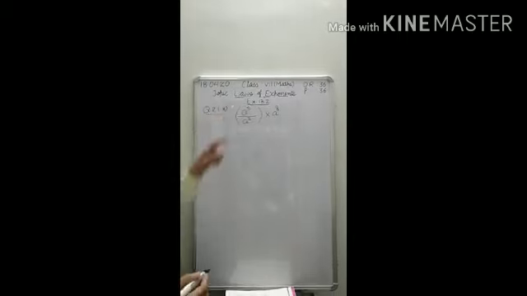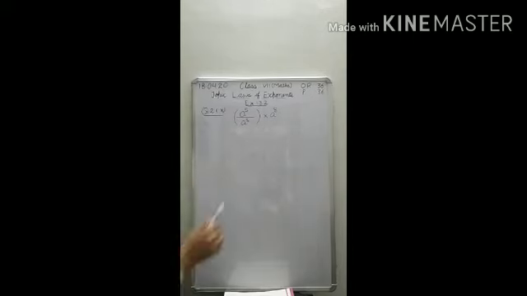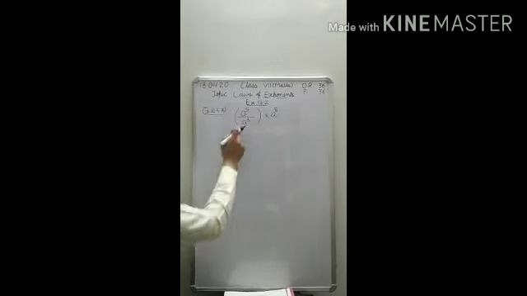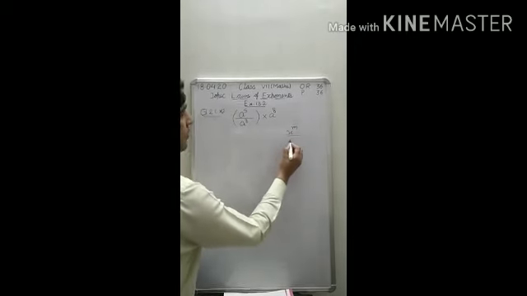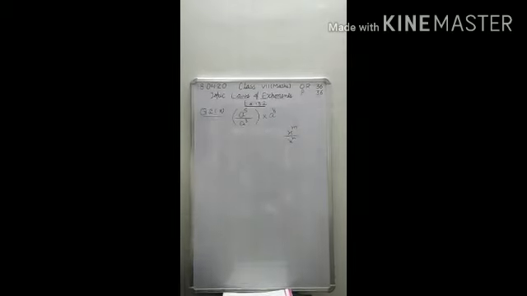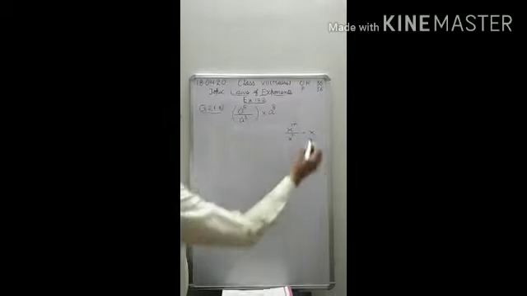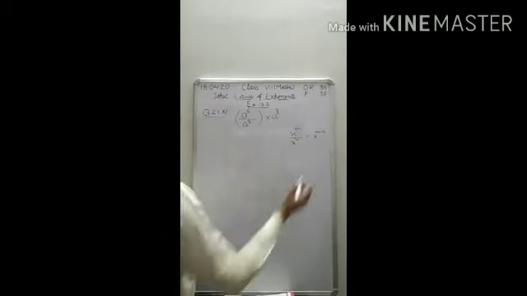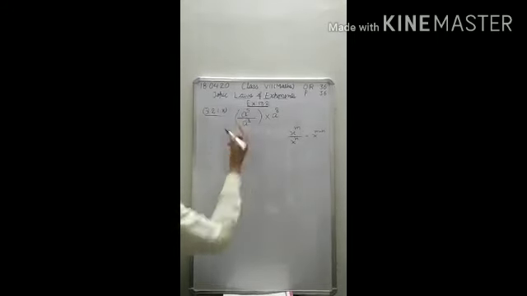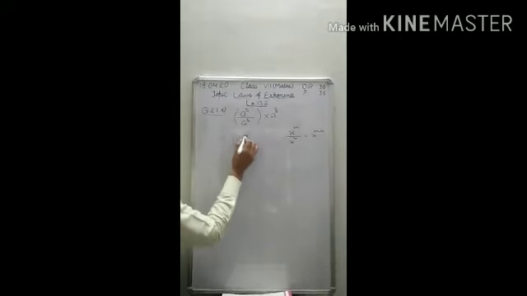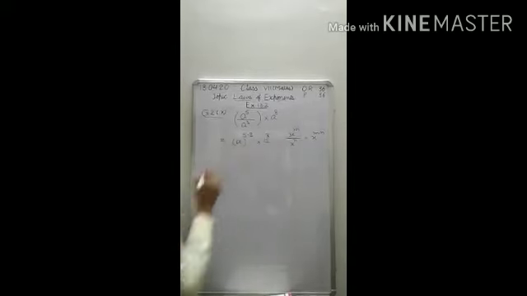Students, again you see, when you start solving, the bases are the same and the powers are different. So first of all you have to solve this part, and which identity will you use here? You will use x raised to the power m upon x raised to the power n, which is equal to x raised to the power m minus n. In the same way you have to solve it. According to this identity, it will become a raised to the power 5 minus 3 into a raised to the power 8.